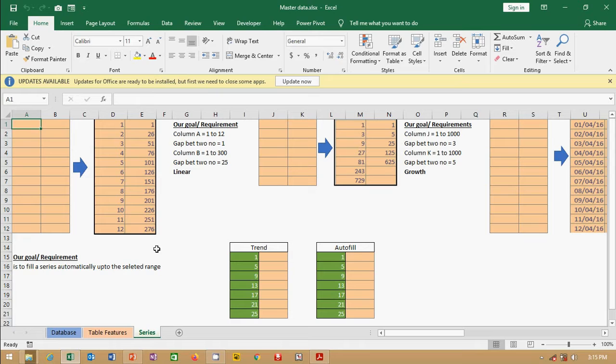It is very easy to do manually. But if we need to fill 300, 400, 500, more than 1000 cells, it is quite impossible to fill these cells manually. So we need to use an easier trick of Excel. So here is my requirement: I need to fill a series within less time.